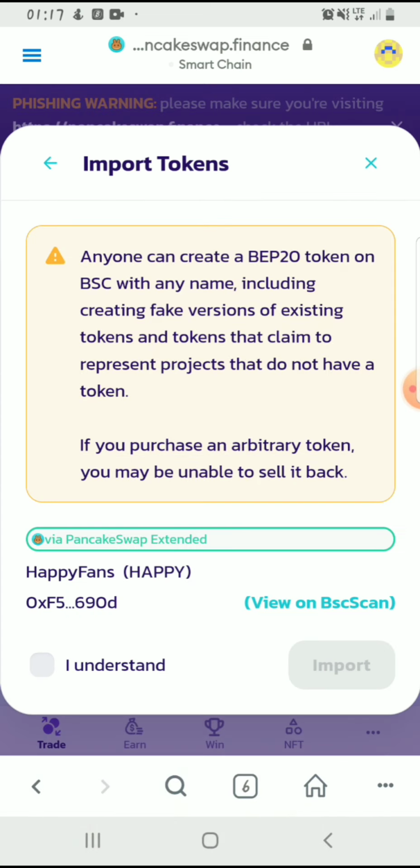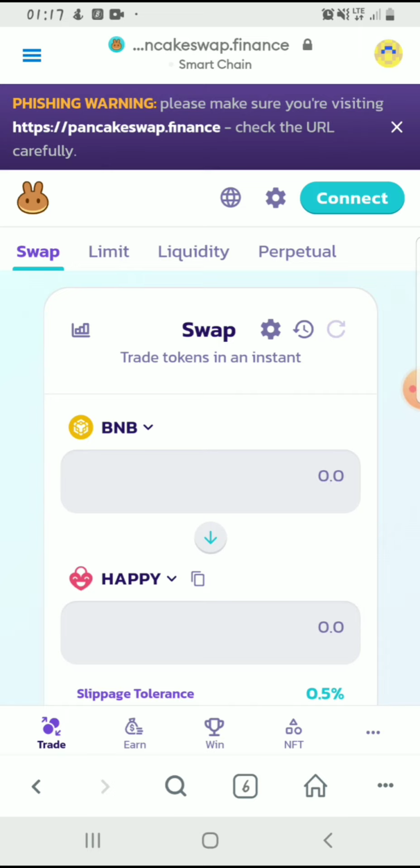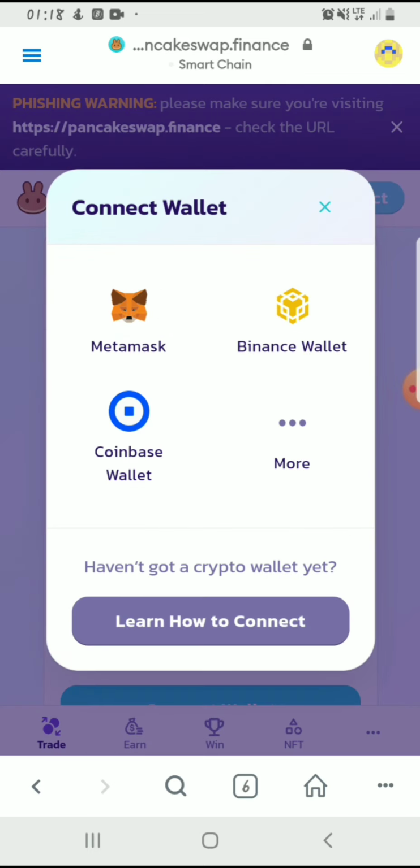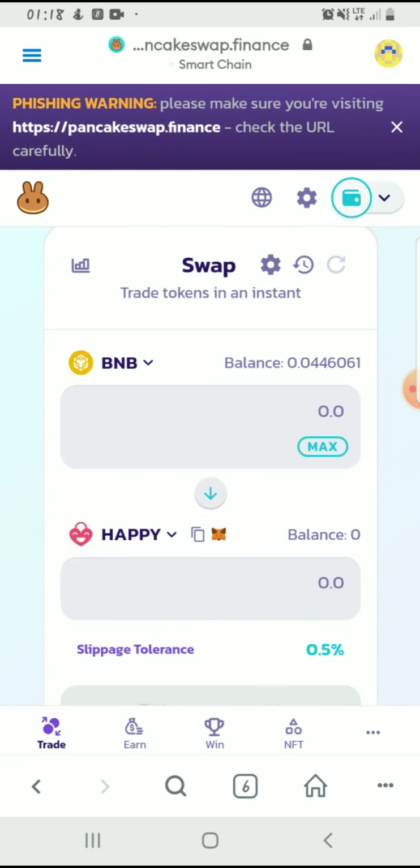So I'm going to click on I understand, and import. This process is simply so we can buy our Happy tokens. We're going to buy Happy tokens worth $5, and make sure you have more than or equal to $5 worth of BNB in your wallet already. So I'm gonna buy $5 worth of BNB. At the current market rate, BNB is at